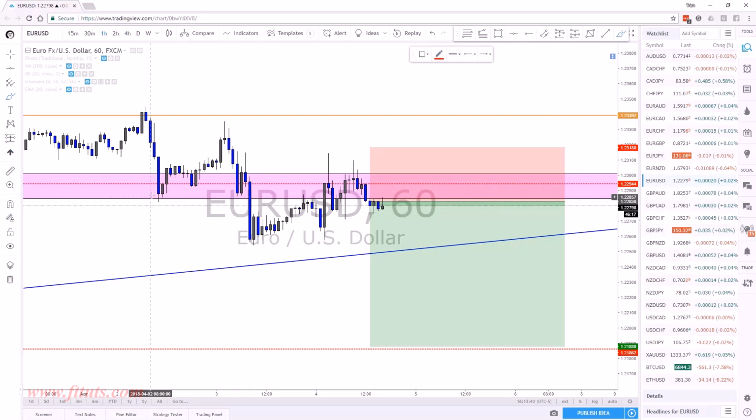Okay. So we had this false break here, came up, retested, came down, almost another false break, but then bam, smashed through that, just smashed through that. And so now we were waiting for the retest to look for a good entry,